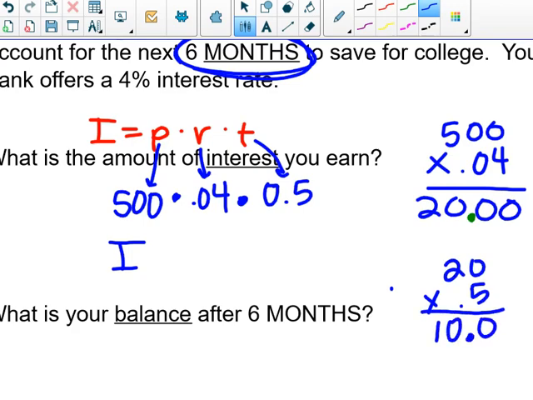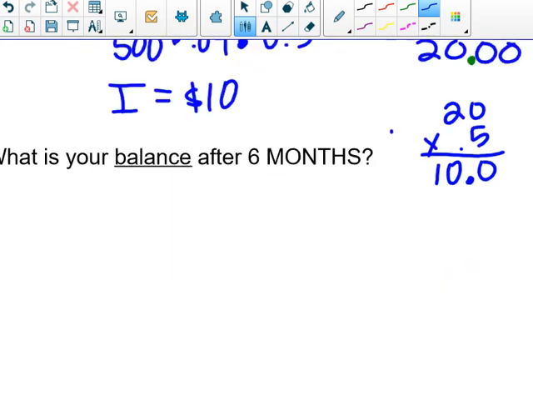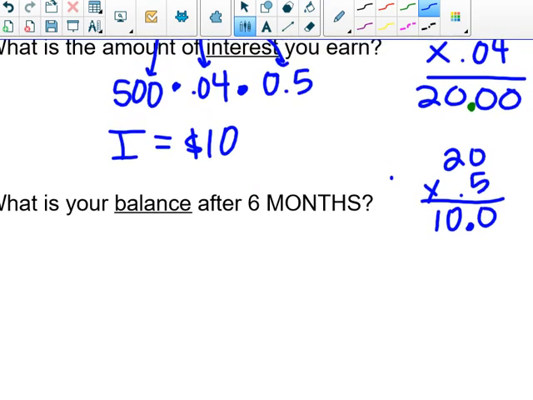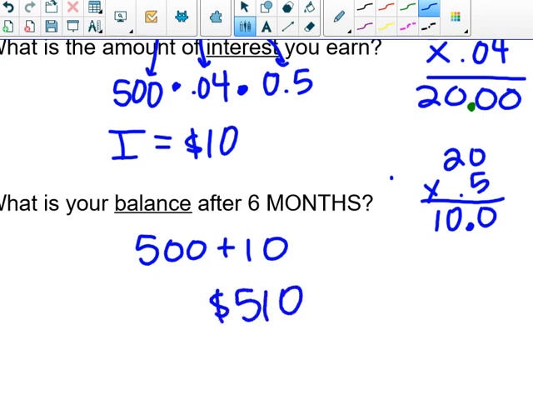Whew, here we go. You mean to tell me the bank is only going to give me $10? What happened to that $120 I made before? Oh, I wasn't patient enough. So now my balance, I'm only going to get $510. Better than nothing, but I could have got